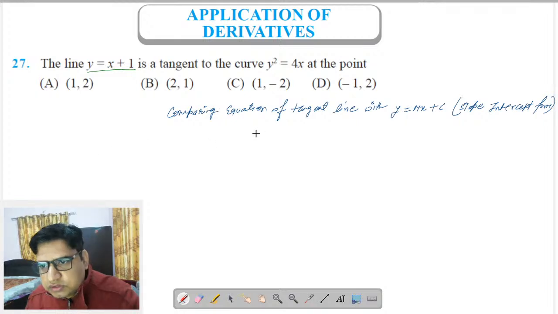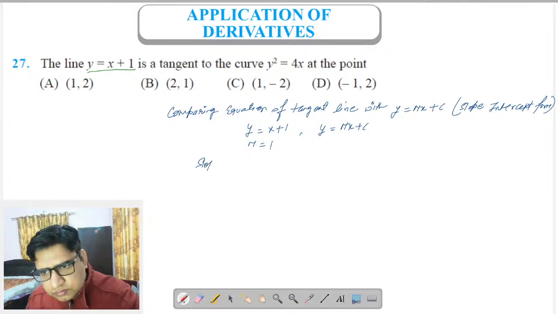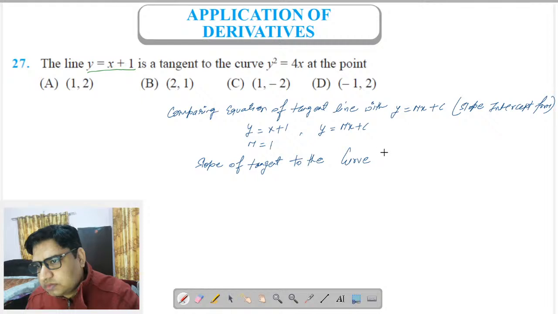Slope intercept form: y = mx + c, so y = x + 1 gives m = 1. That is the slope of the tangent to the curve. The slope of the tangent to the curve y square is equal to 4x